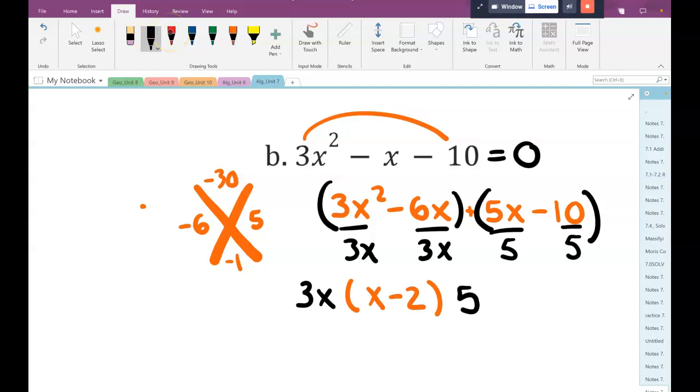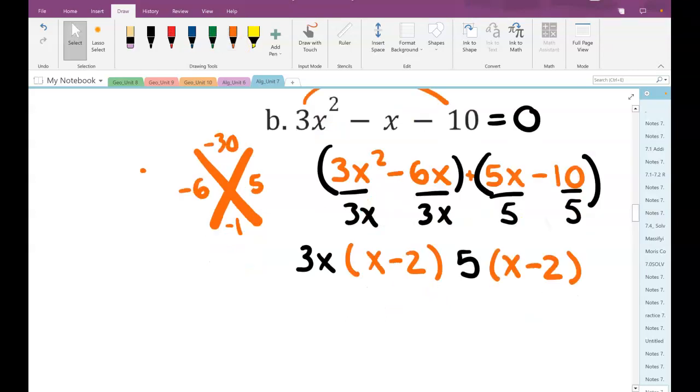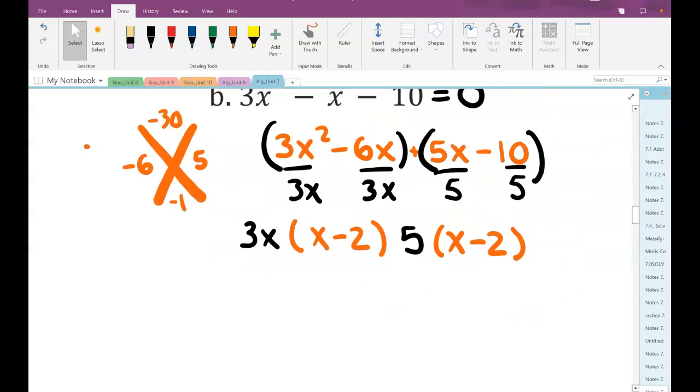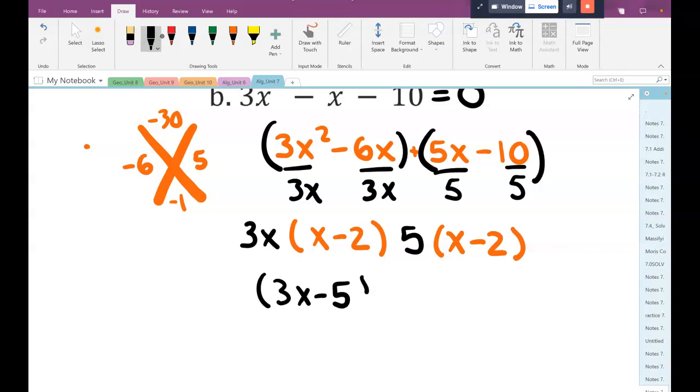So my other parentheses, I should have left over an x and a minus 2 as well, which is what I got, x minus 2. So then we go 3x minus 5,